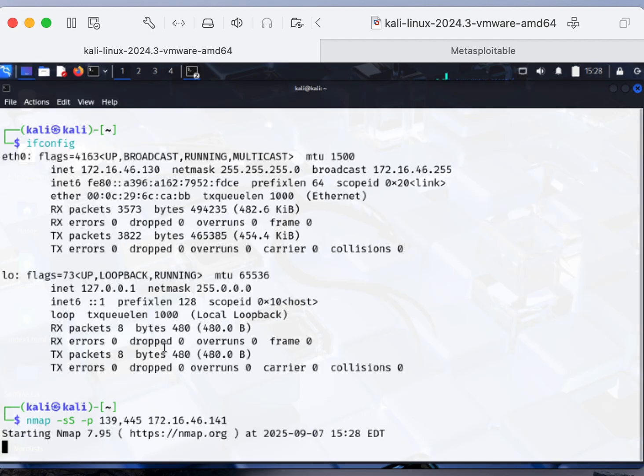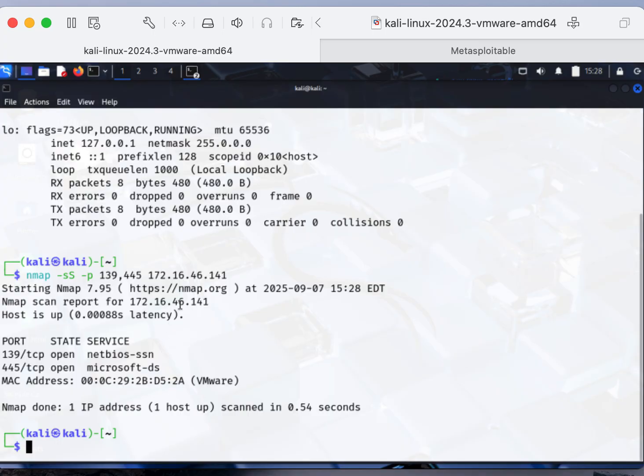Let's press enter, and as you can see here, we have 139 TCP in an open state, and 445 is also open. So now we can go to the next phase, where we use our tool, which is